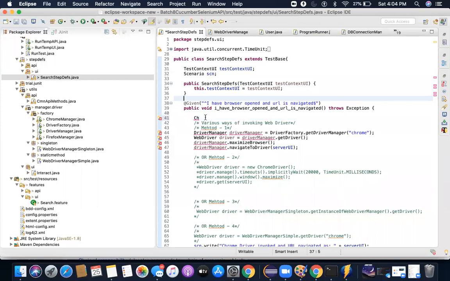So for example, you are here, ChromeDriver is equal to new ChromeDriver, right? So if I keep on doing this, then this becomes difficult for me to introduce cross-browser automation, because every time if I create this, I will have to write some additional code here so that it becomes available for Firefox or all the other drivers, right?